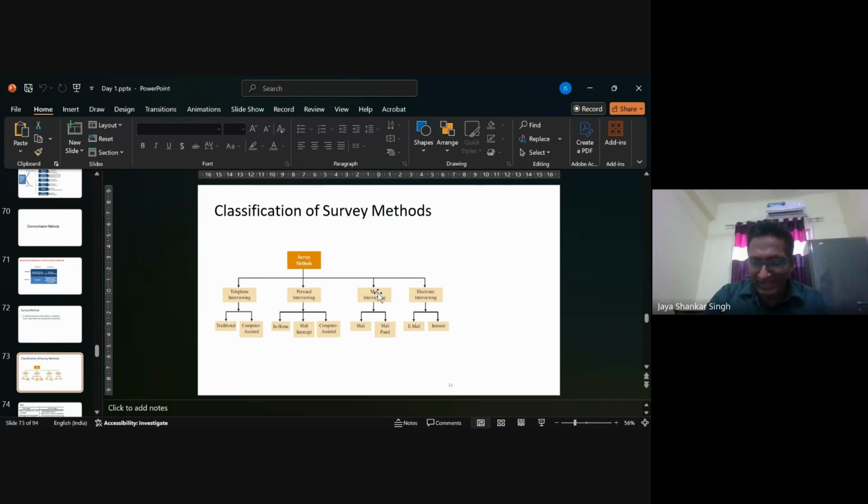Electronic, again, see, when we are talking about mail, this is a very old slide. The thing is that we no longer use mail services, mail parcels, for interviews. But if you remember, there was a book called Reader's Digest, and a lot of magazines, from the time when people used to read physical books and magazines, you will find a mail kind of review there. How happy you are with the content, what areas you want to improve in this particular magazine, which particular area you like the most.